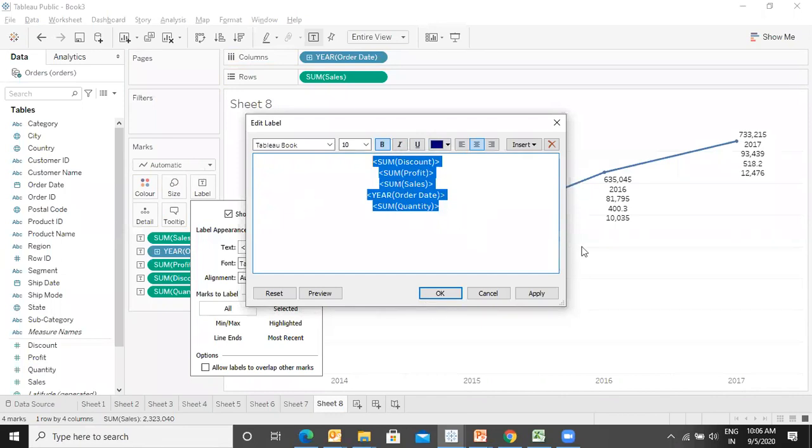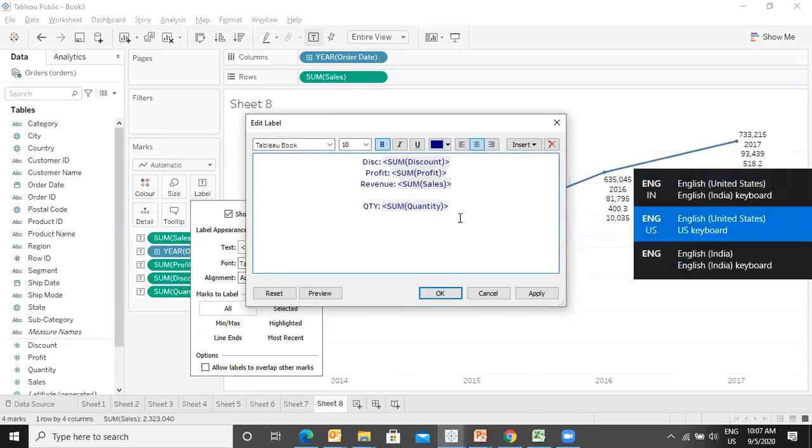Now, if I want to write something of my own, I want to say discount, profit, sales, or let's take it as revenue, and let's take the quantity. I want the year to be at the top.